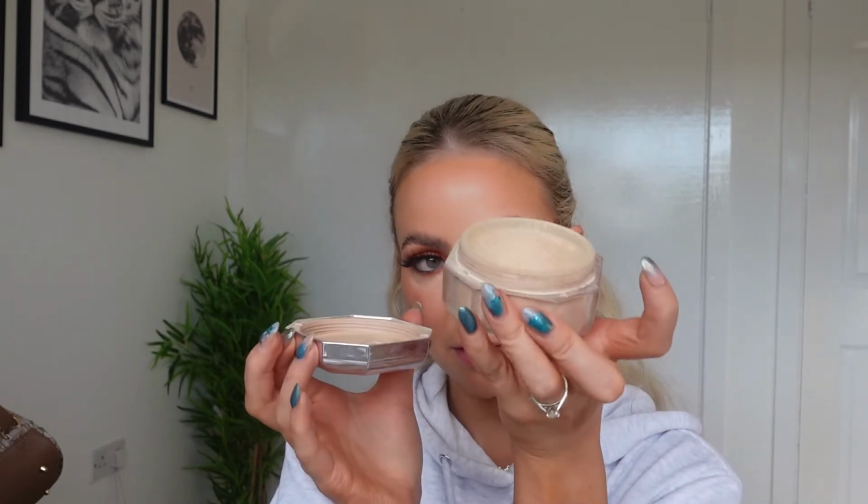My number one face powder that I always use is the Fenty Beauty. My favorite, and this is in Banana. Literally my favorite powder ever. It's just super soft, so I'm going to apply this to the side of the nose. Before you apply any powder, make sure there are no creases in your concealer underneath the eye, because if you set your powder over concealer that has creasing, it's going to stay like that. So you just want to make sure everything is nice and smooth. I literally just apply it around these areas, and slightly underneath where I apply my contour, just a small amount because I don't want anything too OTT,